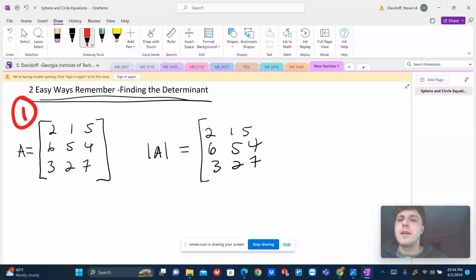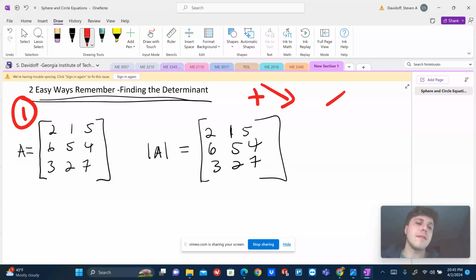All right, here's my determinant. I got a simple 3 by 3. The more dimensions we add, the more complicated it gets. All right, we're going to do our Pac-Man thing. It's simple as this. We're going to go from left to right is positive, and the right to left is negative. So, learning by pattern,